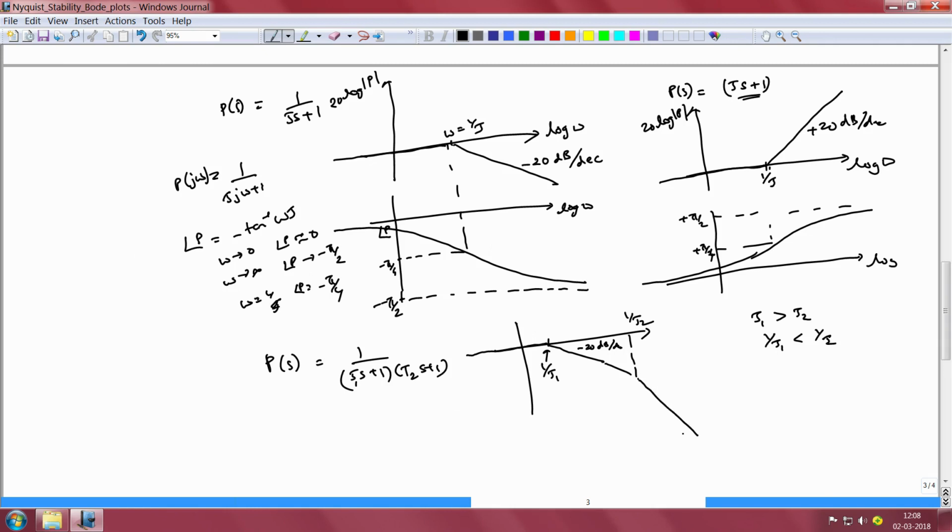It will now reduce at minus 40 dB per decade beyond 1 by tau 2. So this is how the magnitude characteristic would look,